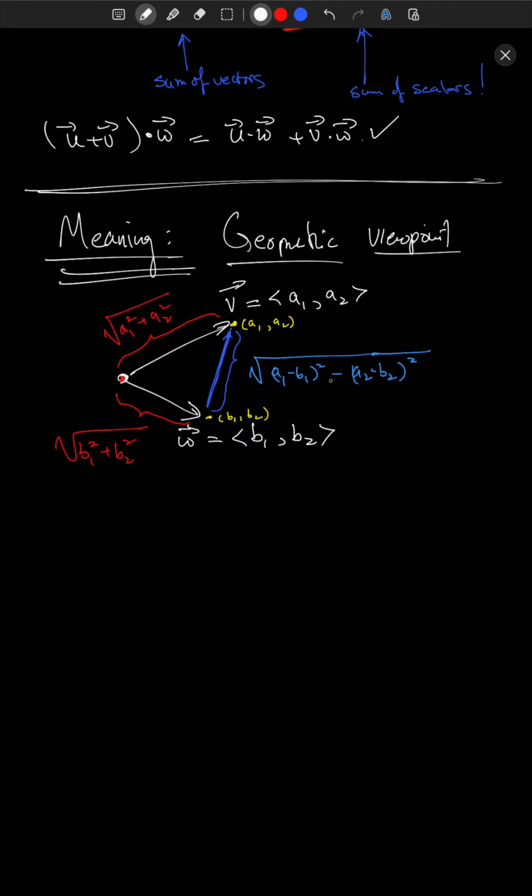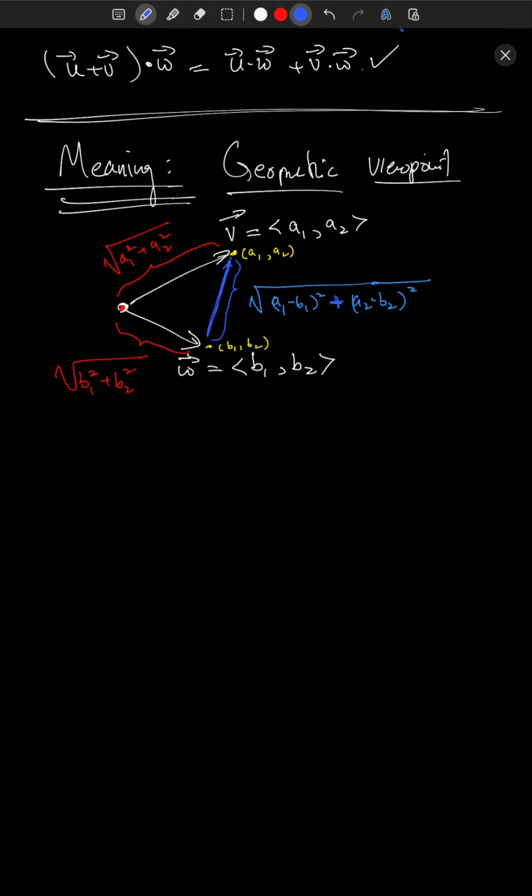By the way, you could also get this formula from the fact that, again, this blue vector here is v minus w. And so v minus w is a1 minus b1, comma a2 minus b2. And so the length of that is the square root of a1 minus b1 squared. Sorry, plus, that's a plus. I don't know how a minus got in there. Plus a2 minus b2 squared. Okay, in any case,